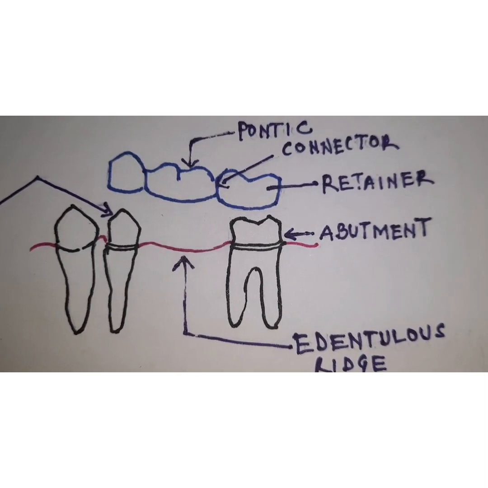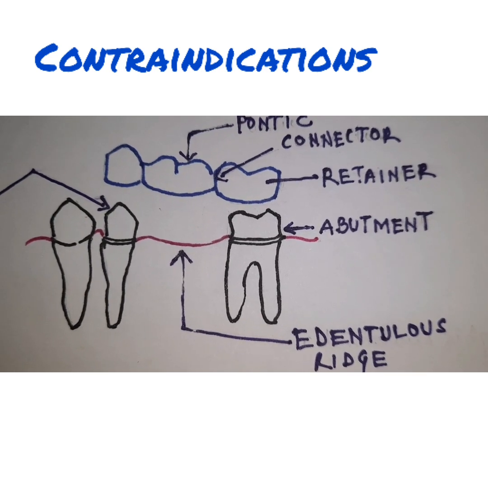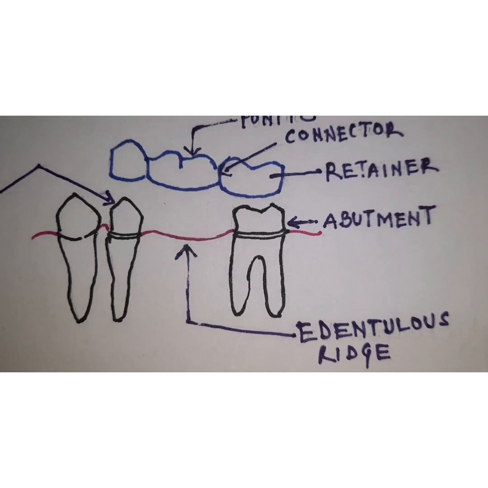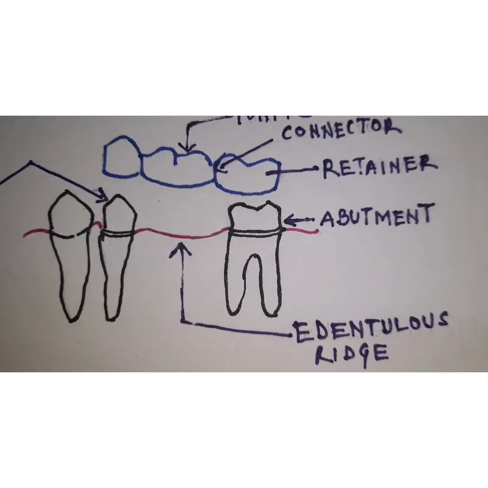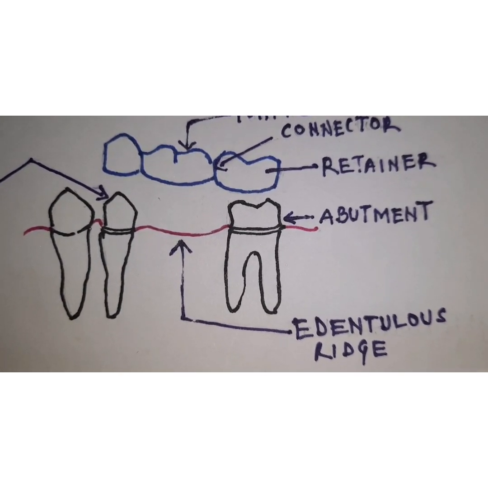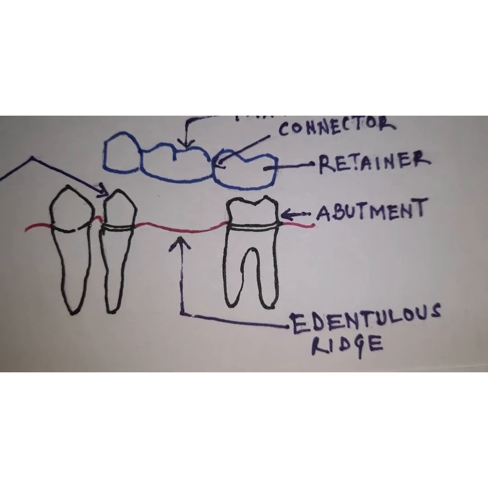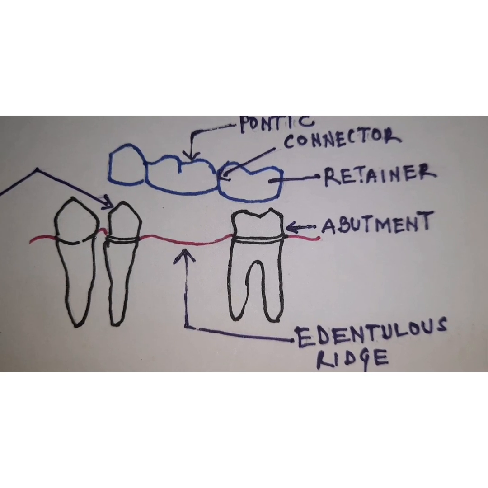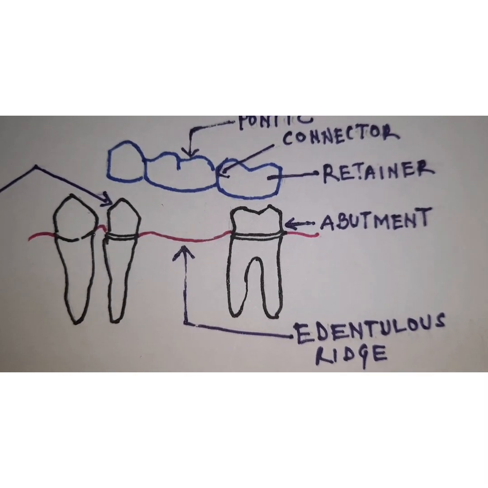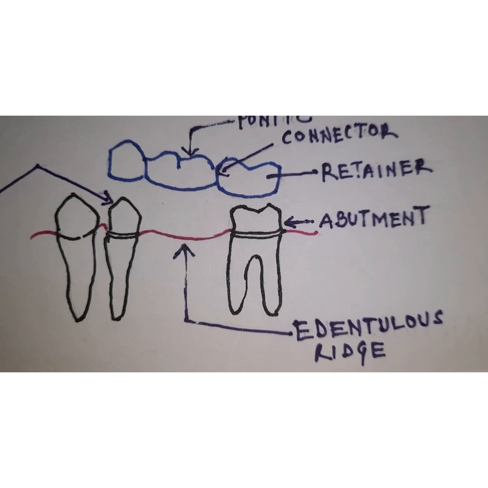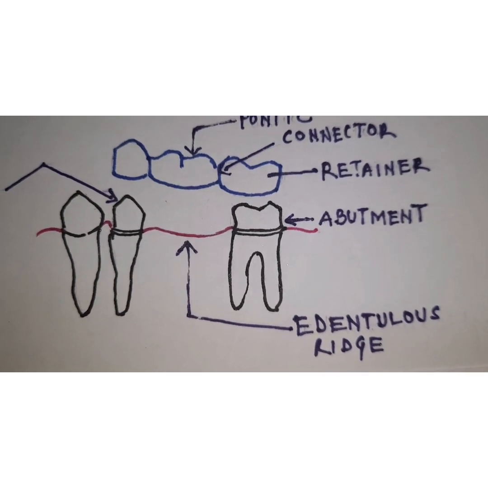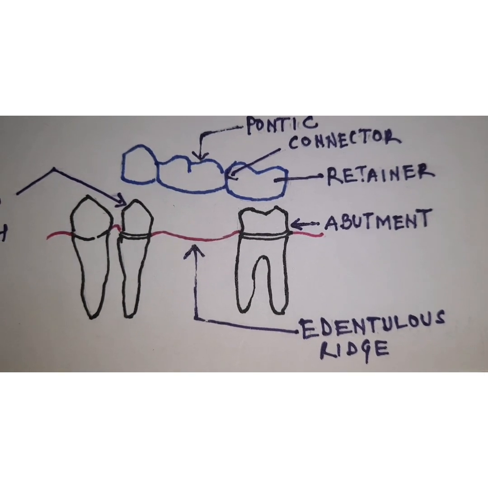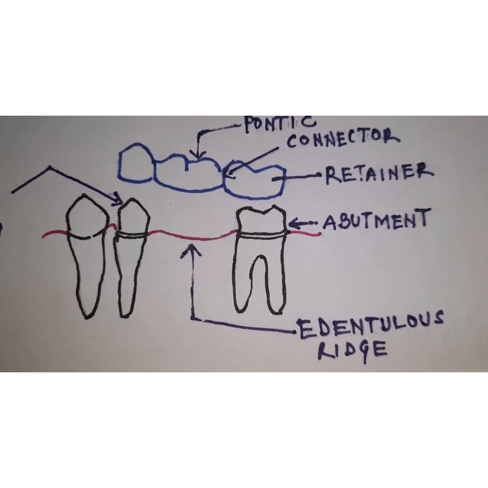The contraindication for fixed partial denture is where you have poor oral hygiene, where the edentulous span is long, and in a pediatric or a young patient, because those patients have short clinical crowns, larger pulp horns and a high caries rate, and where you expect increased chances of trauma. So in those cases you should not consider fixed partial dentures.